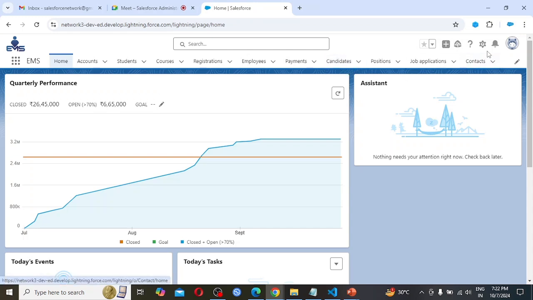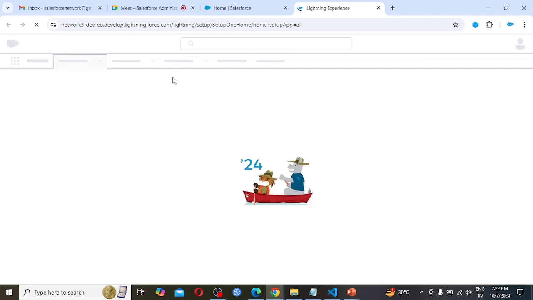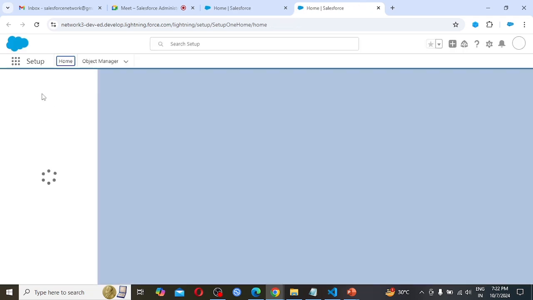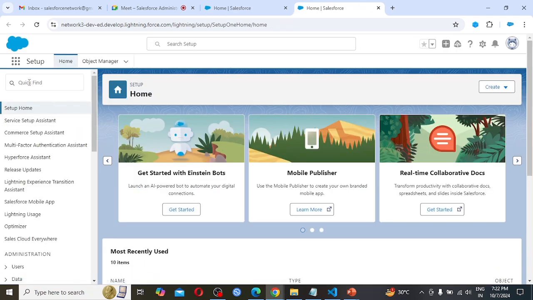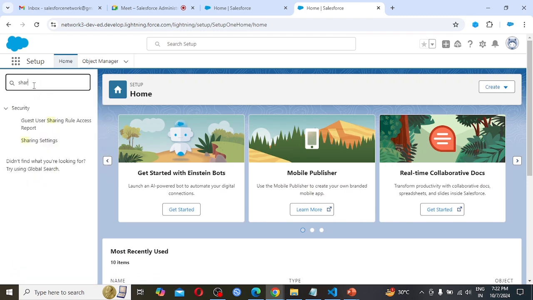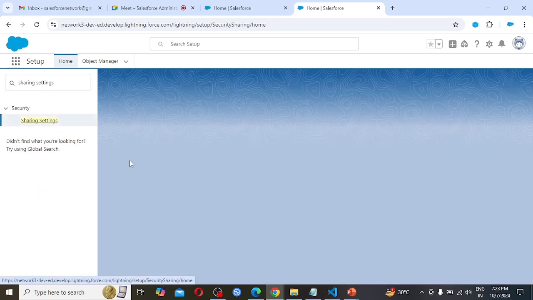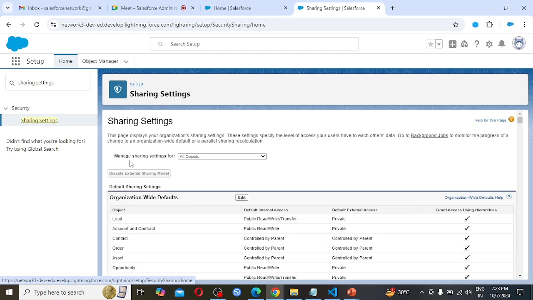So we need to click on setup, choose setup. Here from the quick find we need to search for sharing settings. So click on this. Sharing settings: this page displays your organization's sharing settings.